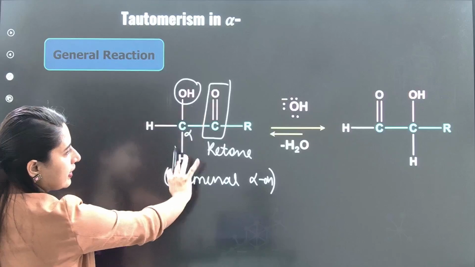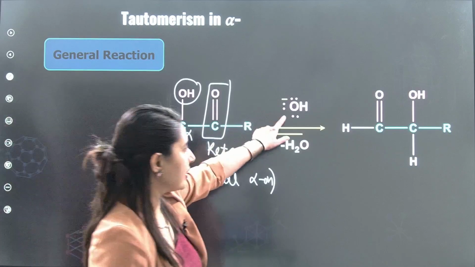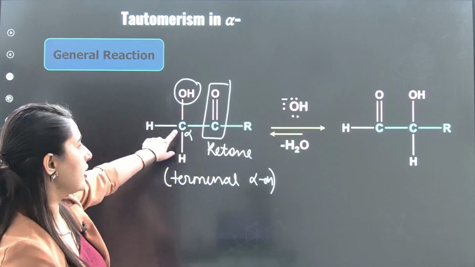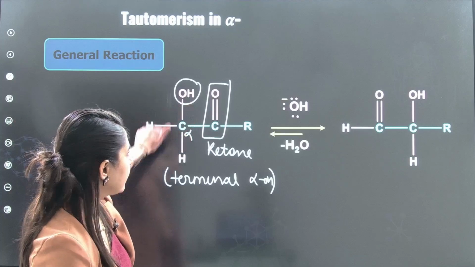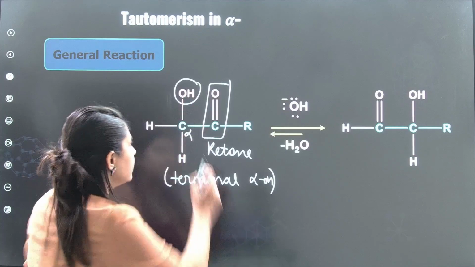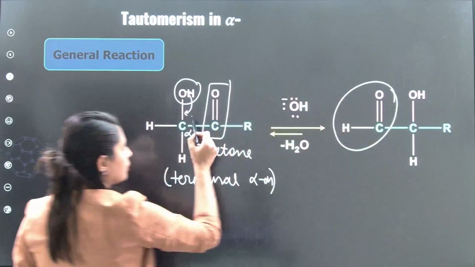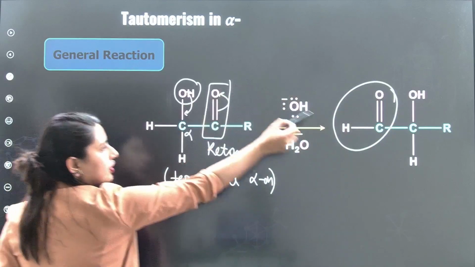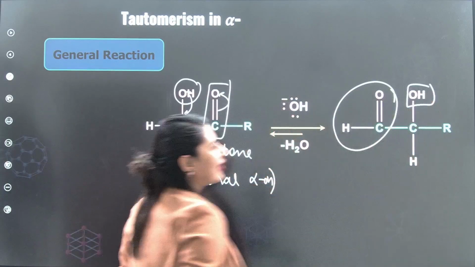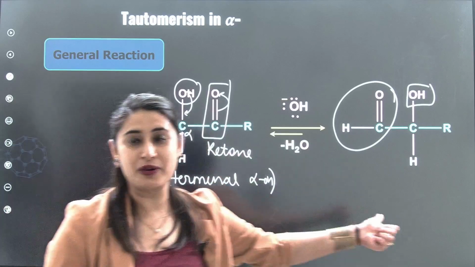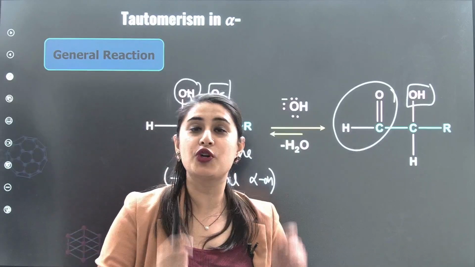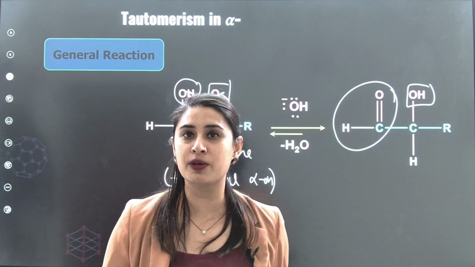So in this case, you can see in the basic condition what can happen is the movement can happen in such a way that this bond can come here. So it's kind of like an aldehyde that you've got, and this H can go and shift here, which can result in an aldehyde group. And if you have an aldehyde group, Tollens and Fehling's will give the positive test.